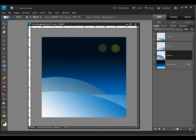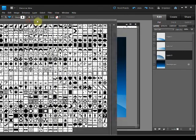Now on top of this, you could add some text. You can drop in some of your photos that you may have, or we can add some trees and stars. Let's add some trees and stars. I'm going to go to my custom shapes. You can see I have one tree already selected, and where I found it was in the